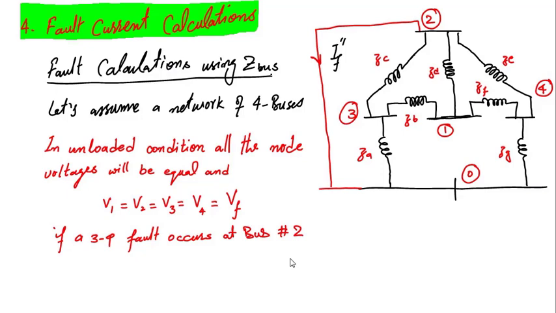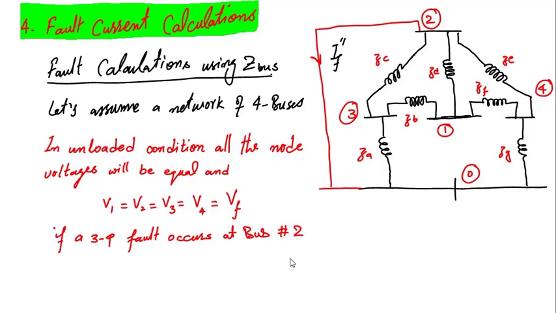So how can we see that this is a subtransient fault current? Remember, it all depends upon the modeling of the generator. If we have modeled the generator as an induced EMF in series with a subtransient reactance, and then perform the fault analysis and put a fault on the system, that will become a subtransient fault current. And if we replace all the generators in the system with their transient models, the resulting short circuit analysis will become a transient fault. And if we replace the generators with the steady state model, then the fault current analysis will become a steady state fault current.